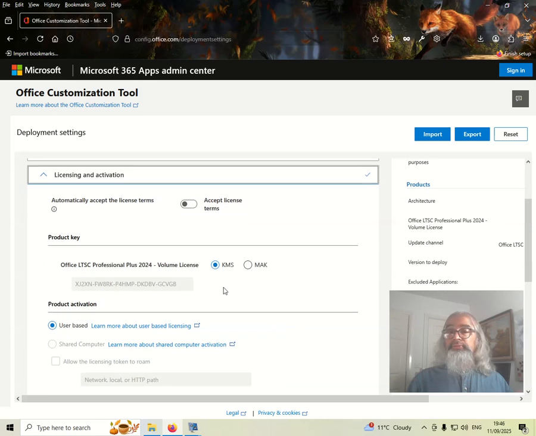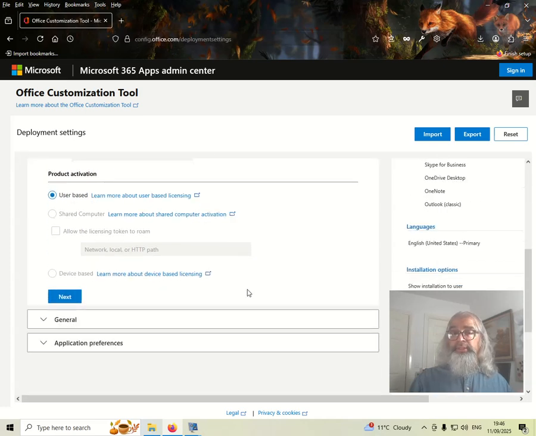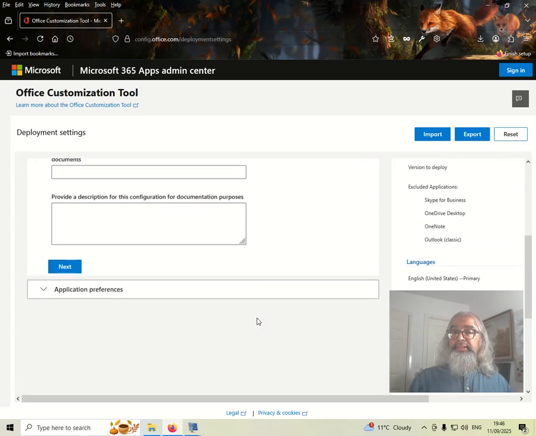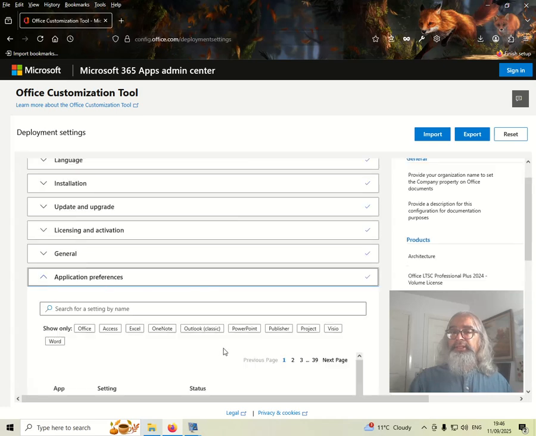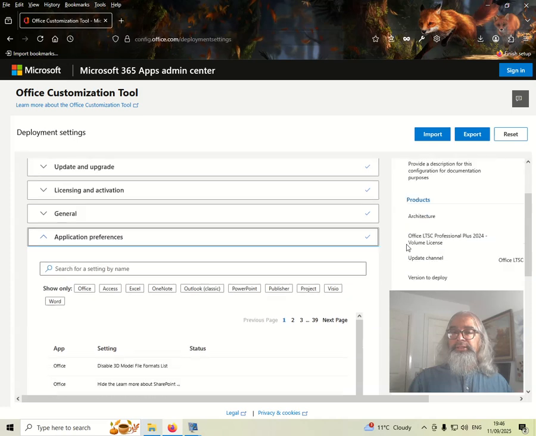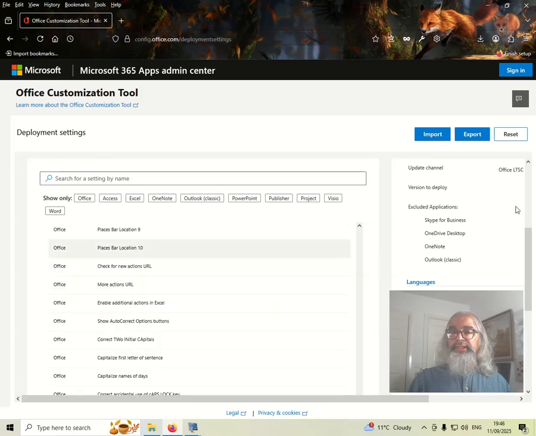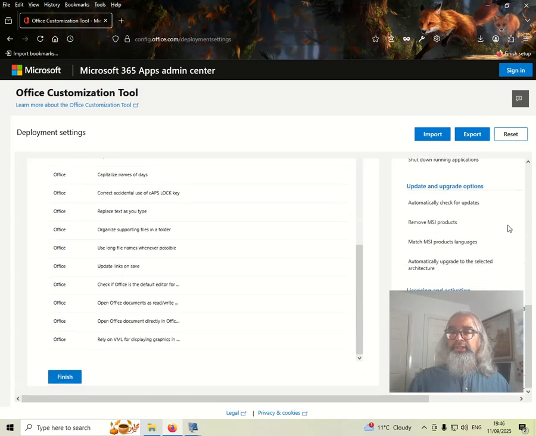And now, like I said before, we want to connect it with the KMS server, so make sure it's in KMS, and click next. Everything looks good. Click next. Okay, so once you hit here, you see it's created the XML file right here for you. Now from here we're going to click finish,